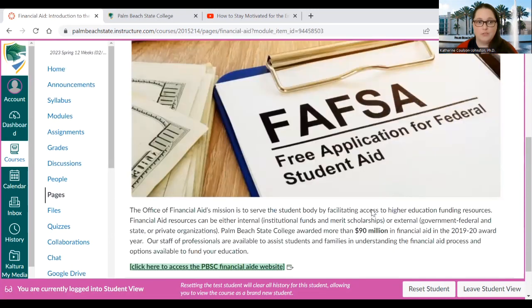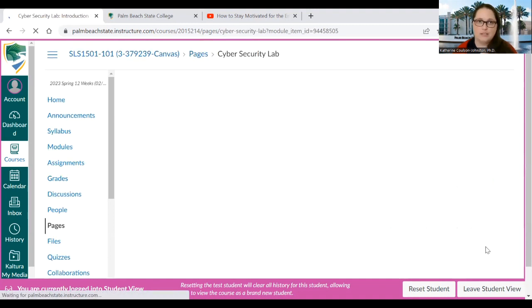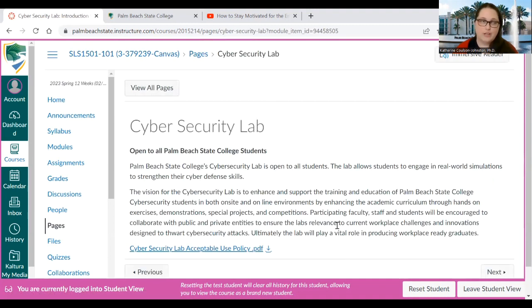Financial aid. We will cover financial aid in chapter 2. In the second half of chapter 2, I will talk extensively about financial aid. I teach this course, but I did work in enrollment management for 7 years. So I'm very familiar with the financial aspect of going to college, the financial aid process as well.